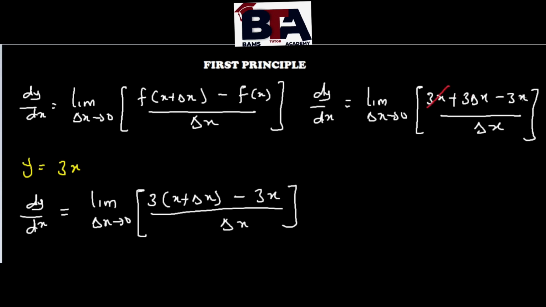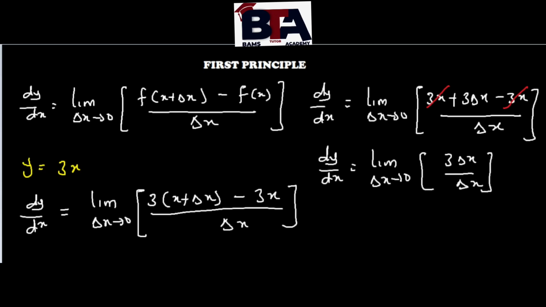This cancels this. Okay, so I would have dy over dx is equal to the limit change in x tends to 0 of 3 change in x over change in x. And you can see that change in x also can cancel out. This cancels this. So I'm left with what? Dy